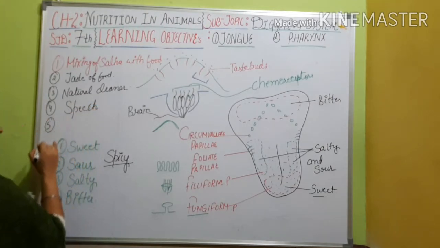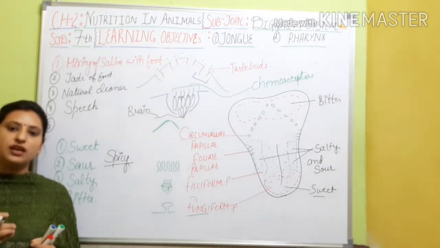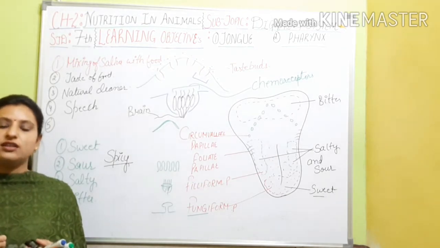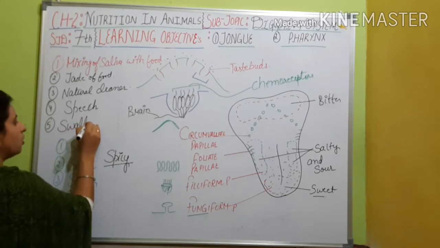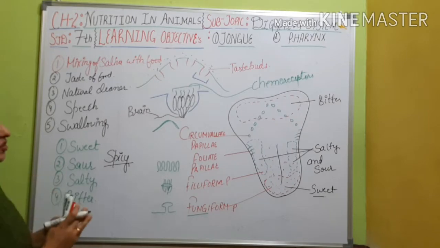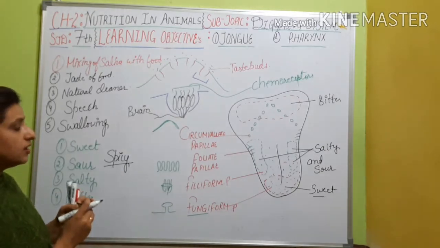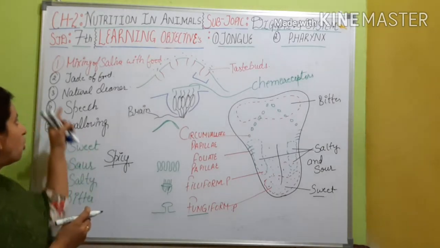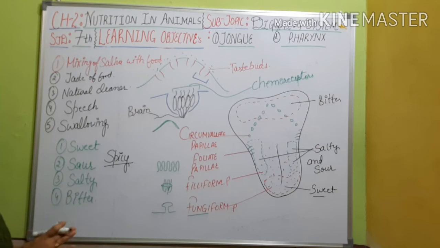The 5th part is that along with speech, the tongue also helps in one more important work, that is the swallowing of the food. So these are the 4-5 things which are very important functions of the tongue, and without the tongue we can't perform all these functions, and each function is very important for the easy digestion of the food. So this is all about the tongue, and now we will discuss the second main objective of the day,